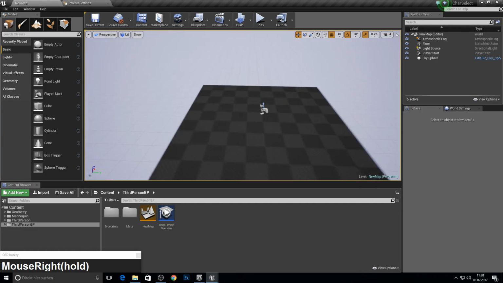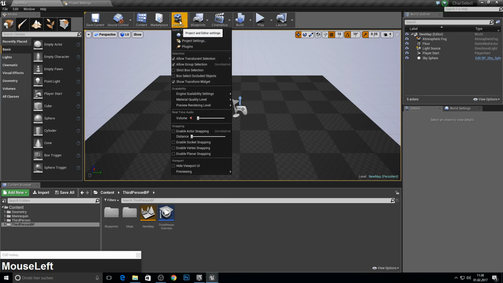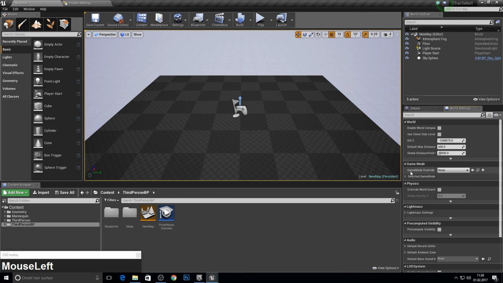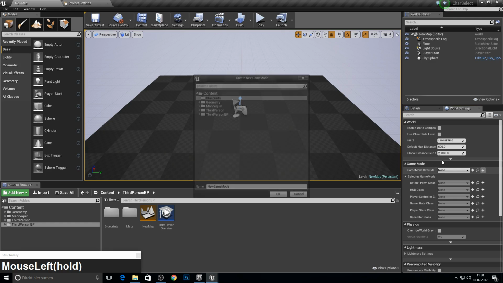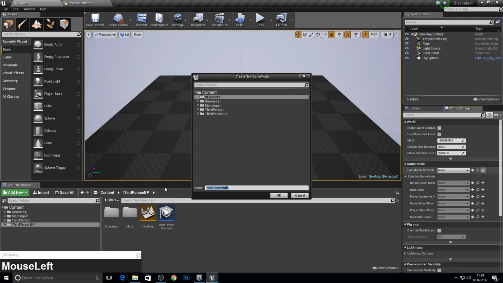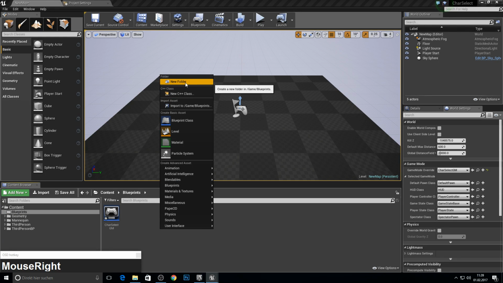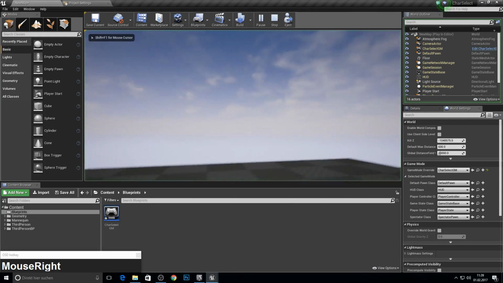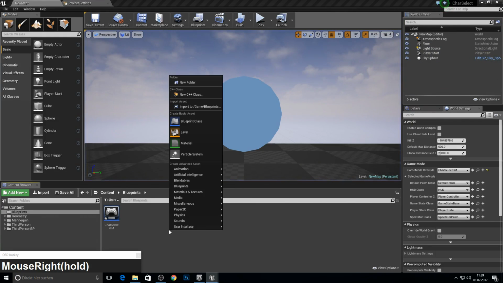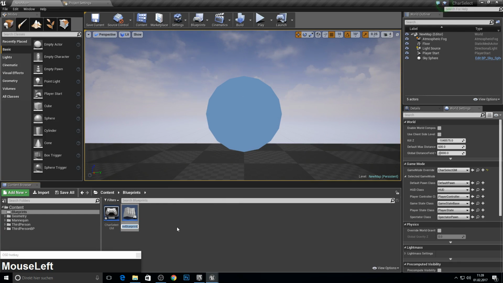So next up we want to change here the default game mode, so we just need the world settings of this map. Here we can see there is no game mode, so we create a new one, call this maybe char select GM for game mode, and save it to blueprints. And here we want to create a new pawn, a pawn which we can spawn, so we have no control over the windows, so we can't move like this. So for this, we create a new character, call this select,